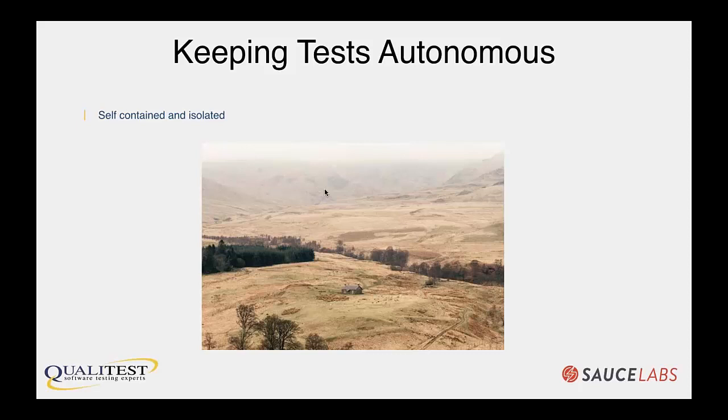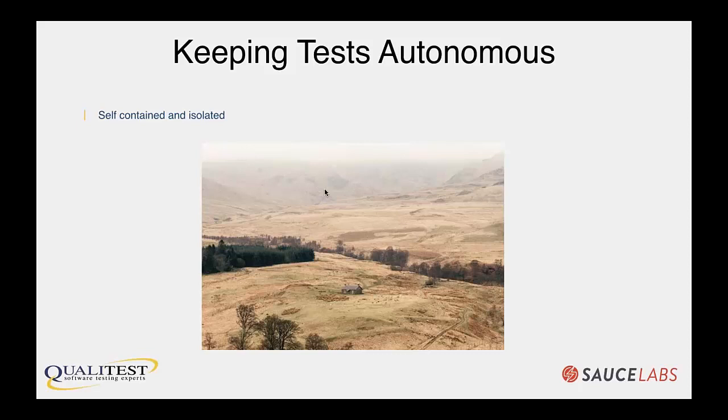So for example, you have test case 1 that executes and it does some actions and leaves the application in some state, and then test case 2 picks up where that test left off and now continues, and test case 3 might pick up after that, and so on. That is a huge problem because you can never run those tests in parallel, because test 1, test 2, and test 3 will all depend on each other, because you have to run test 1 before you have to run test 2, and so on. And so that will make it impossible for you to run tests in parallel simply because they're so tied up.